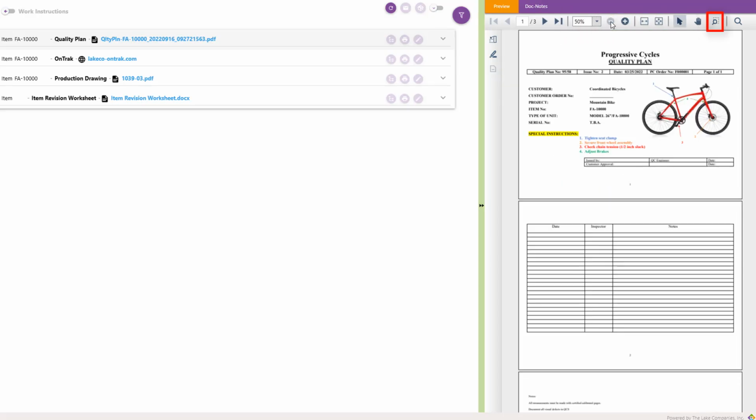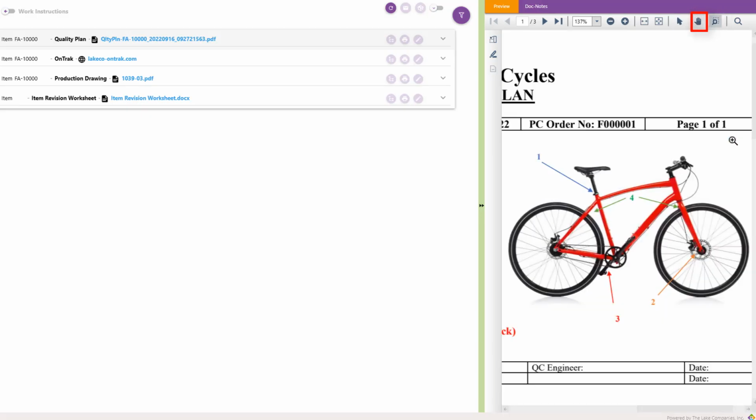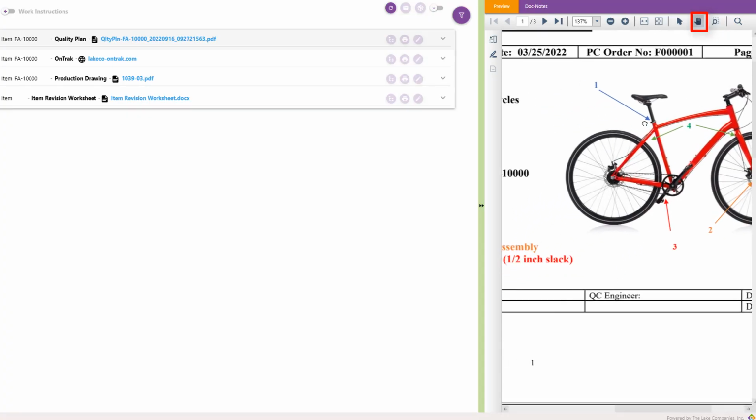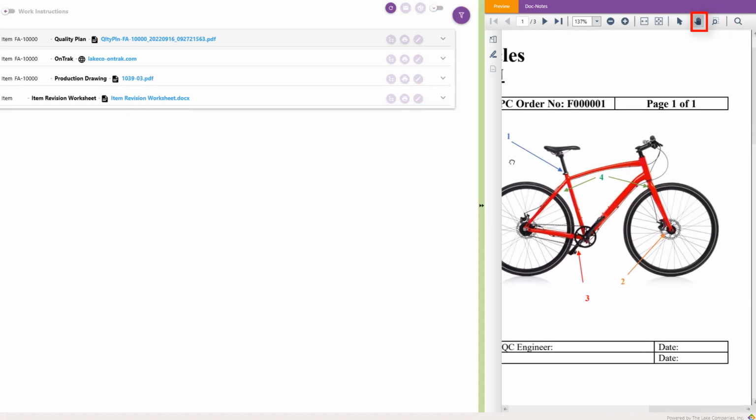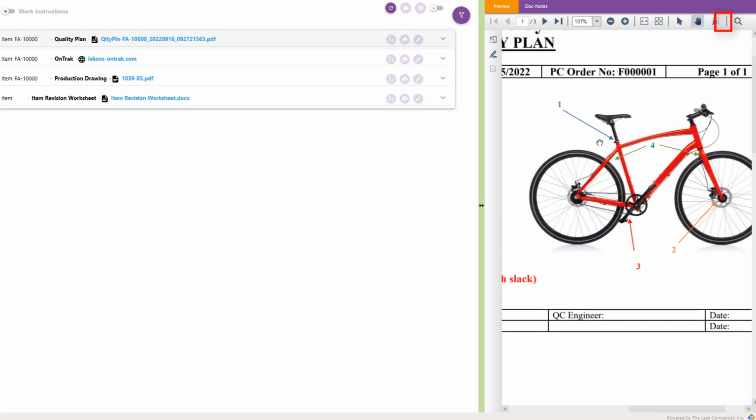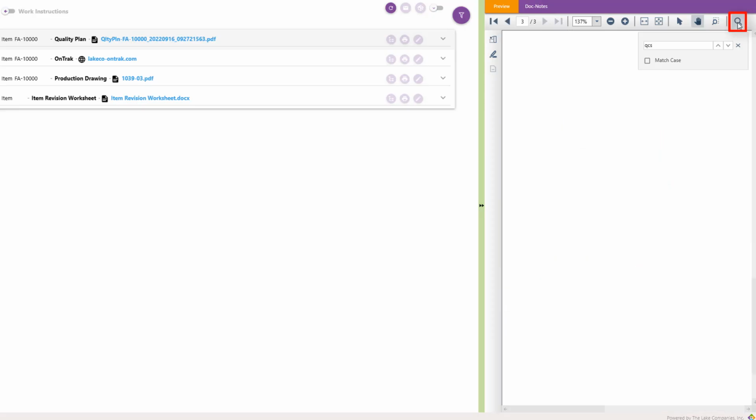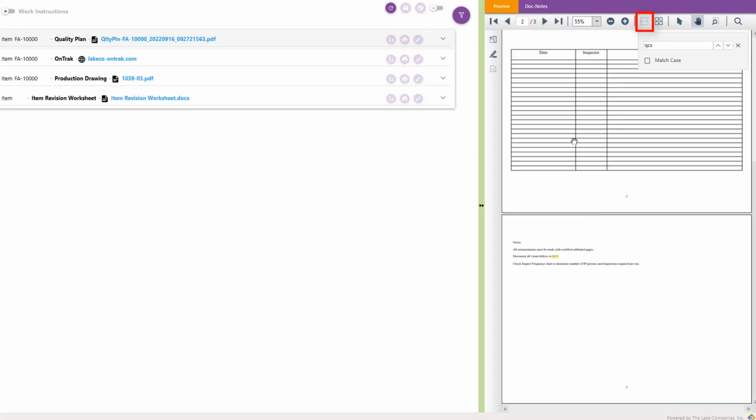This spyglass tool will allow me to expand it to a selected range. And I can use this grabber to move it around. With this larger spyglass, I can search for specific text. Then I can select this tool to instantly resize it to the width of the document.